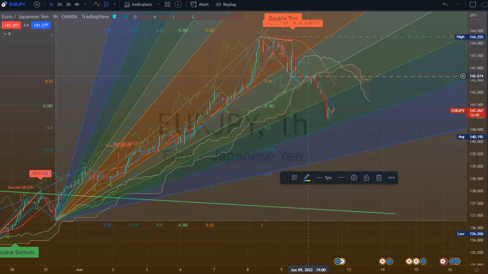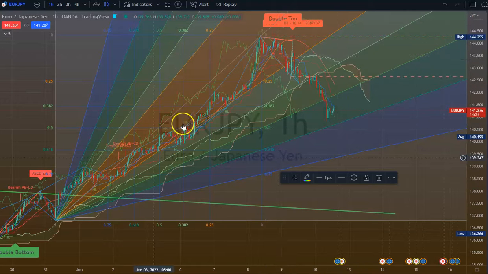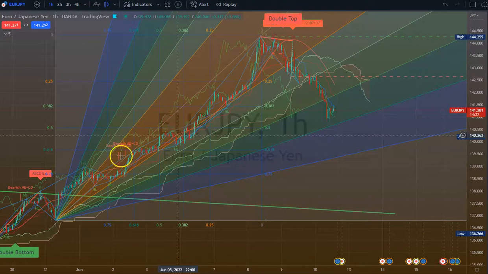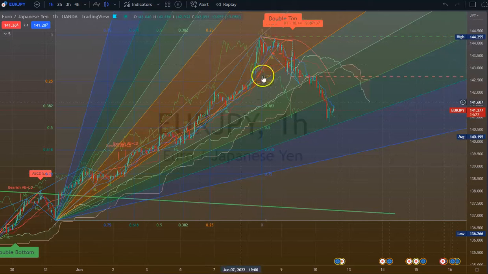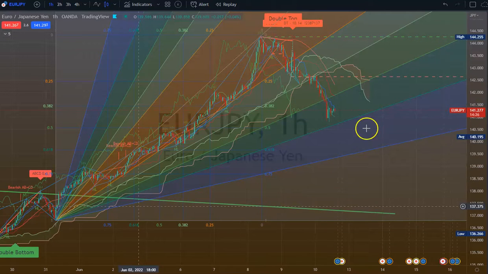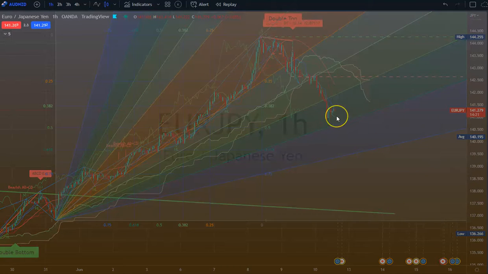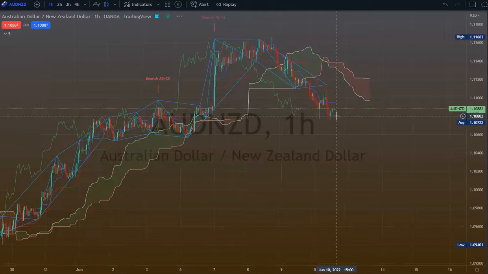So I got it here on the larger scale. Okay, this is going to be more confirmation when you start from a lower point. Great tool, man. Great tool to use. You can get some great trades trading off of that.